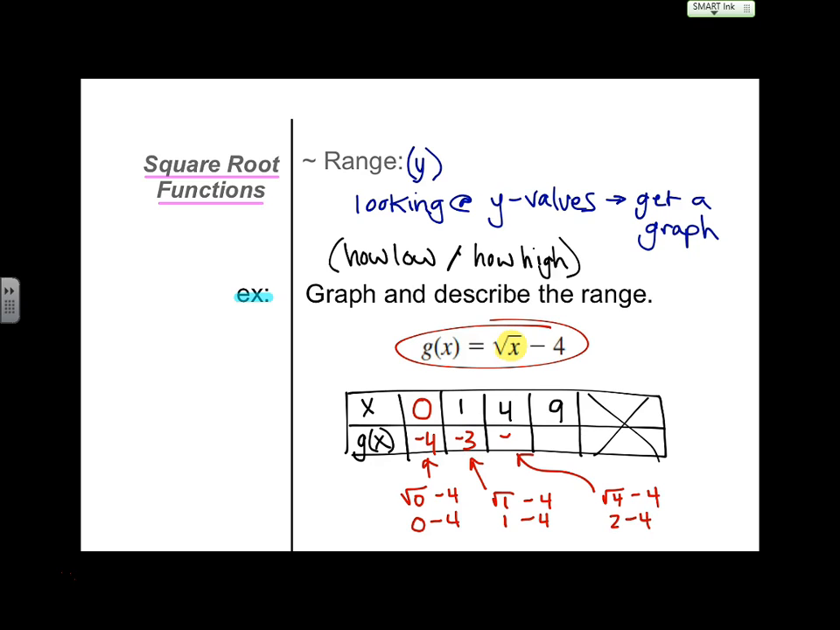If I plug in 4, square root of 4 is 2, 2 minus 4 is -2, and if we did one more, square root of 9 minus 4, 3 minus 4 is -1. Now, if we get a graph,